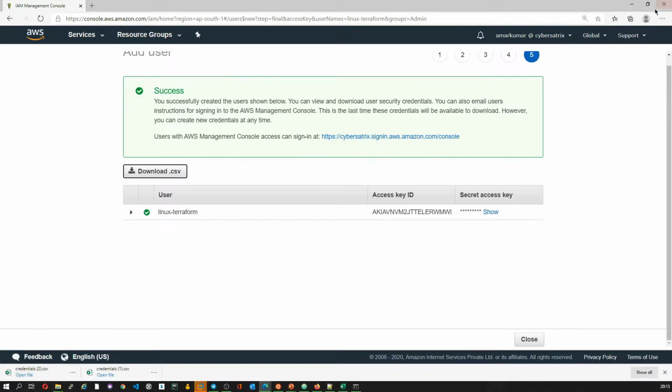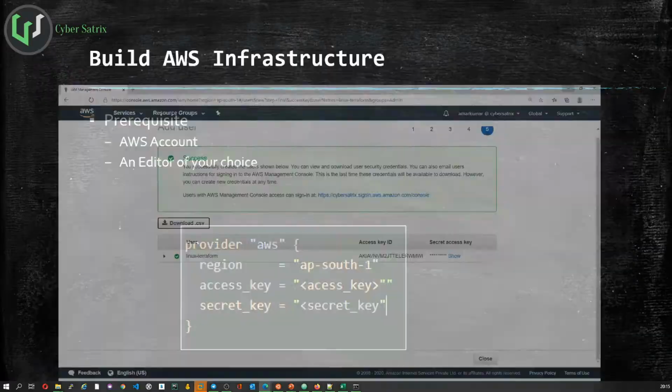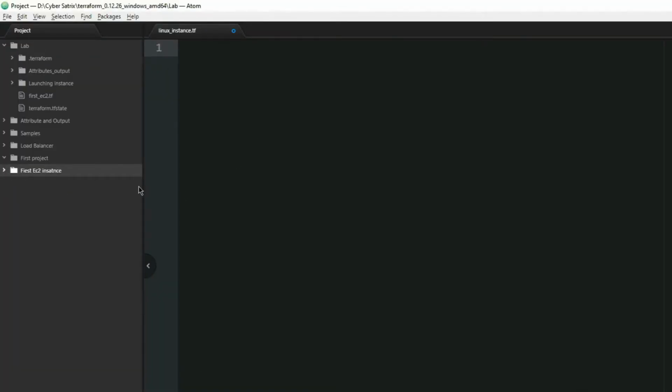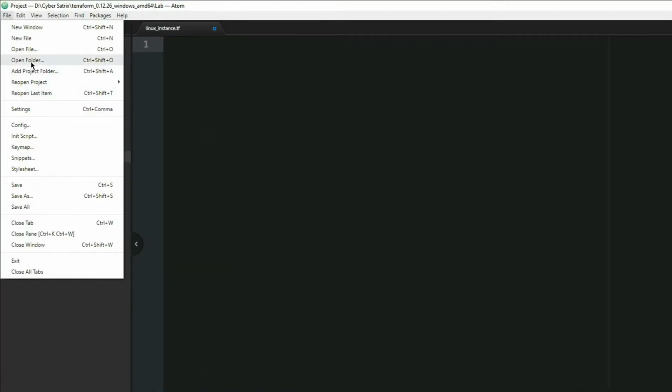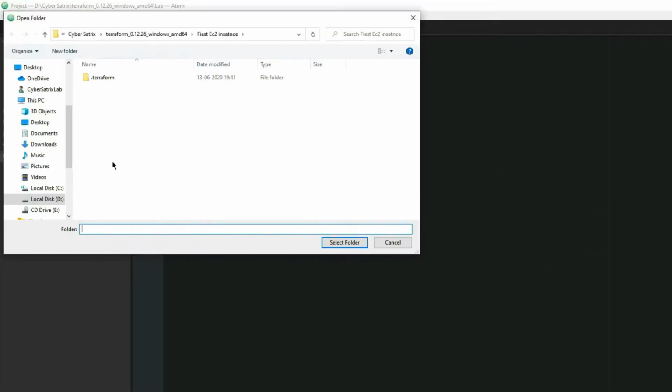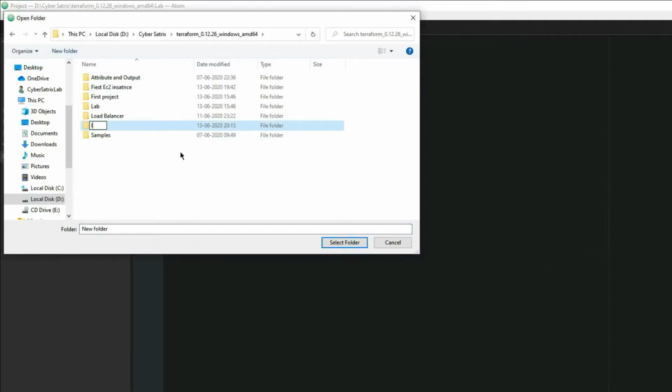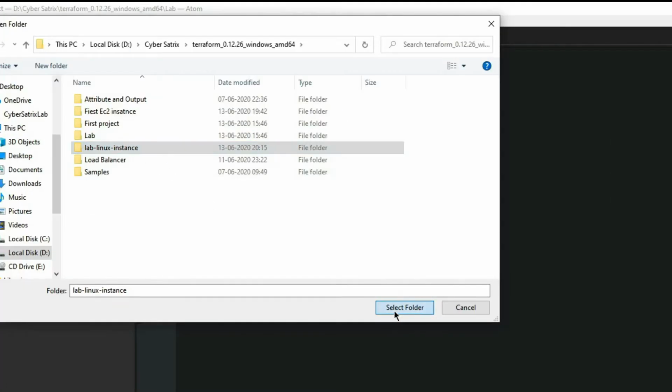Now going back to my Atom editor, let's see how to create Terraform code. Let me create a new project folder and then go to file, add a project folder. Let me add a new folder called lab Linux instance and select that specific project folder.